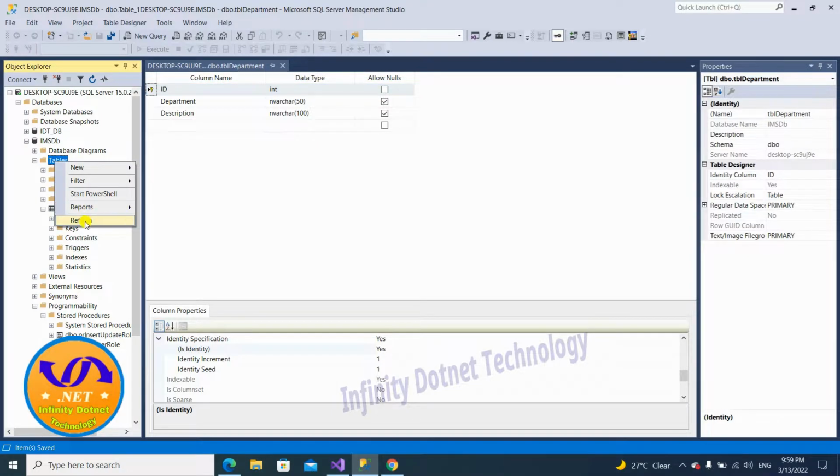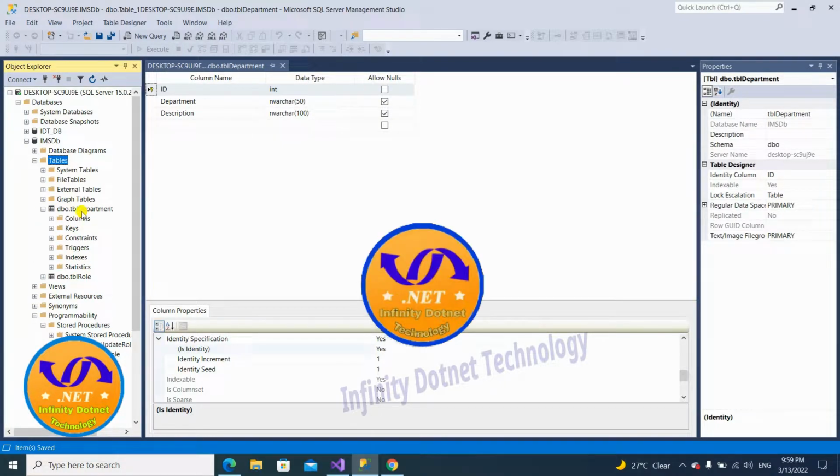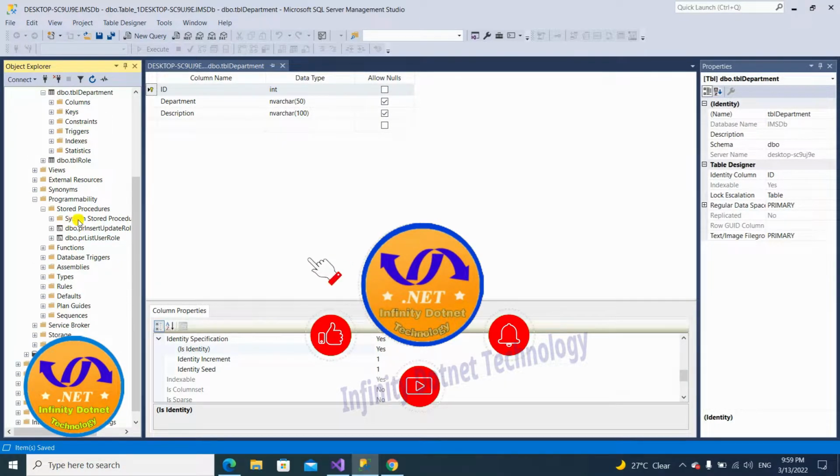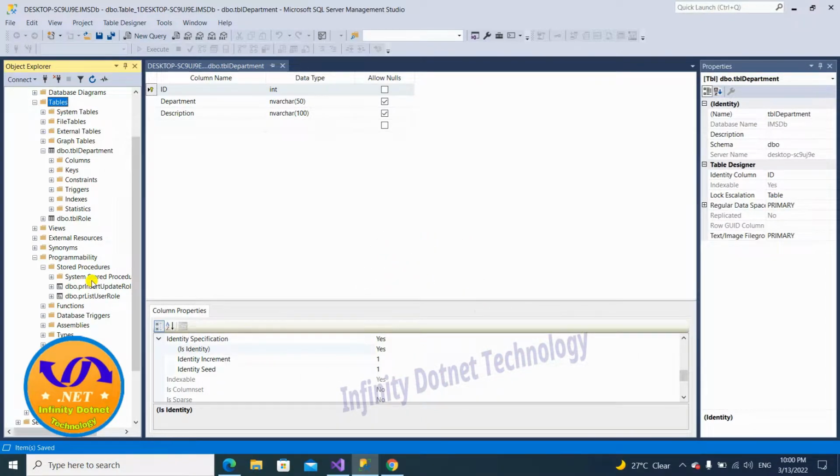Go to tables, refresh. Now the table is created. Next I am going to create the stored procedure for insert department data and fetch the list of data from the department table, and I am creating the user master page for the department master